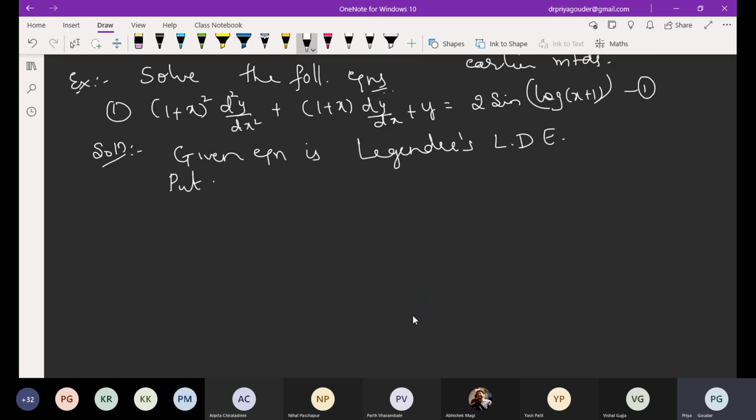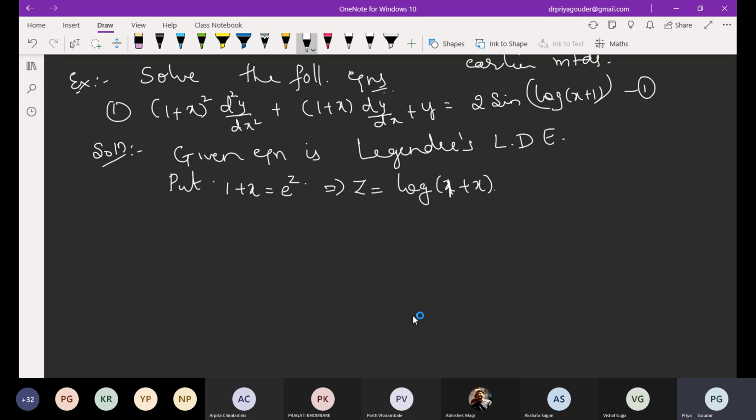Okay. Hope you can see the screen. To solve it, what is the first step? Substitution. What is the substitution here? 1 plus x is equal to e raised to z. See, in Cauchy's, it is fixed as x. Only in Legendre's, ax plus b goes on changing because a and b I cannot keep fixed, right? That's why you have to take that particular expression as e raised to z. Got it? So what is z from here? Log of 1 plus x.